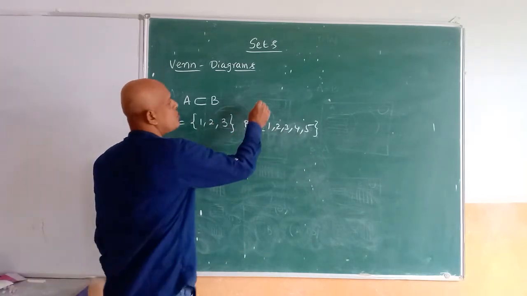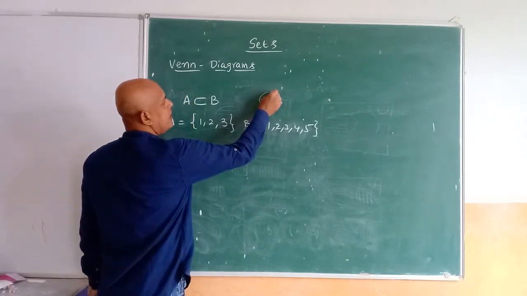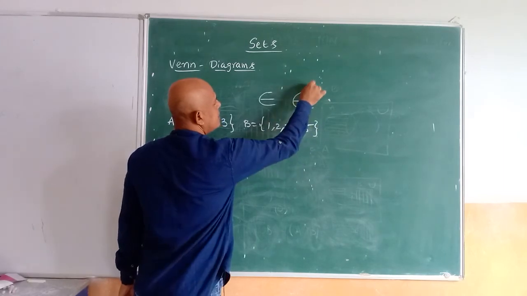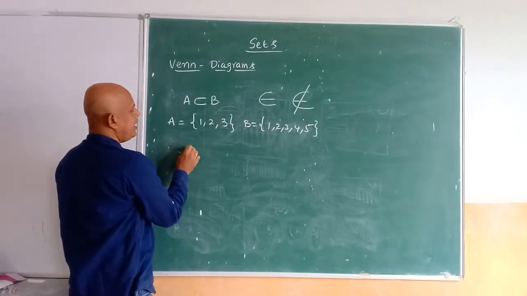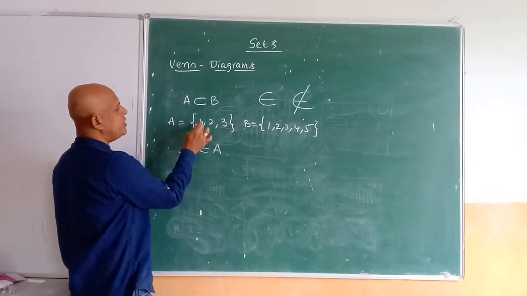Here one more thing you have to remember, the symbol. This symbol is called belongs to, and this symbol is called does not belong to. Suppose we write here 1 belongs to A. So 1 belongs to A. 1 is contained in